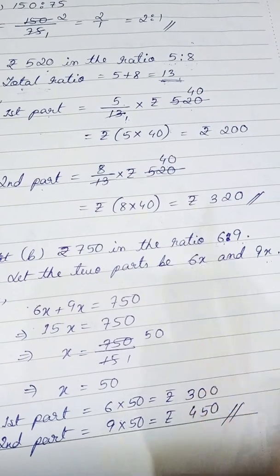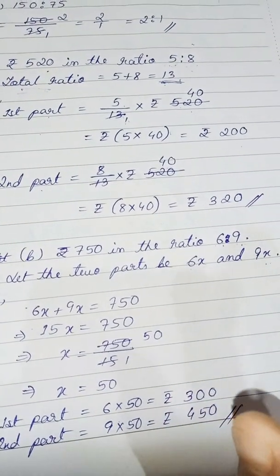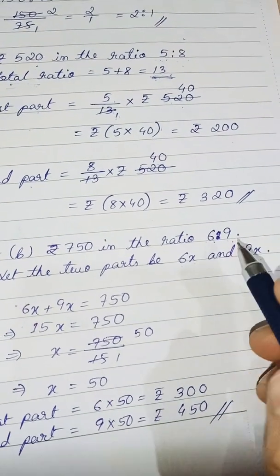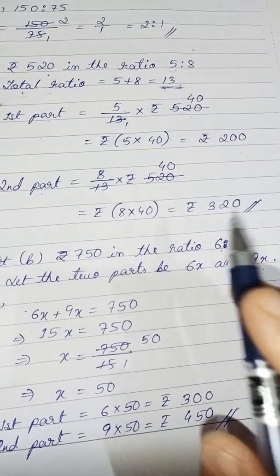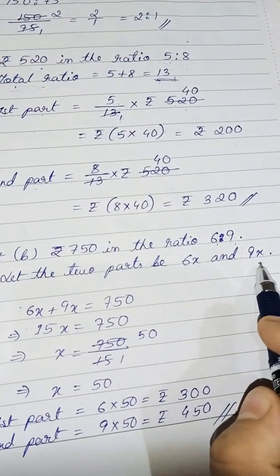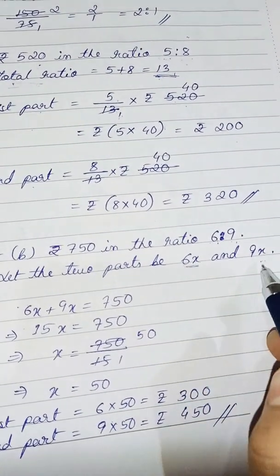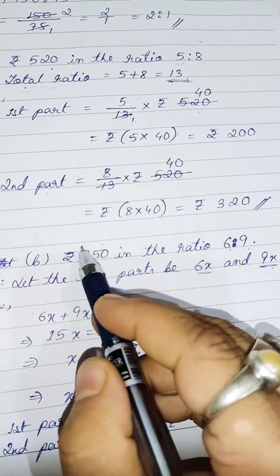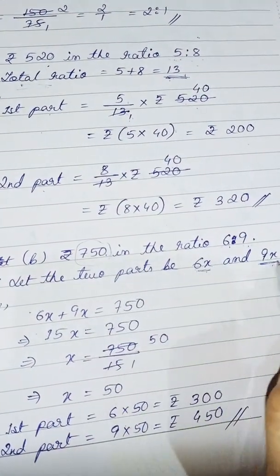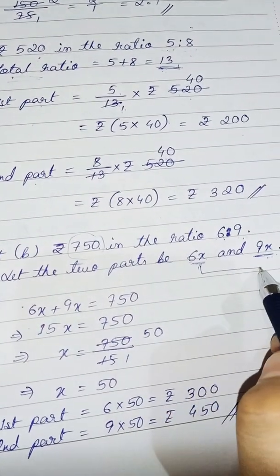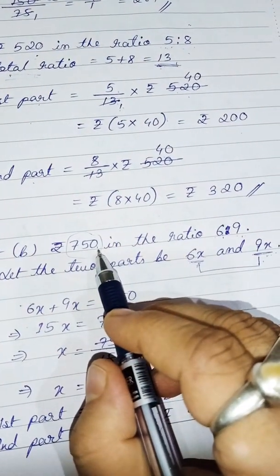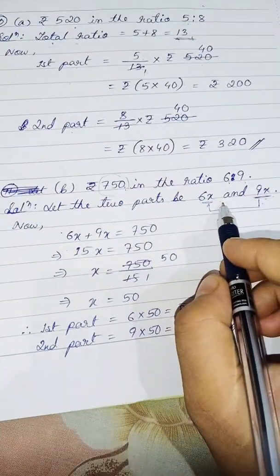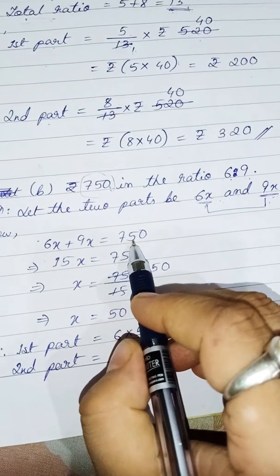So I have considered that something will get multiplied with 6, that will be the total share of the first part, and something will get multiplied with 9, that will be the total share of the second part. That something I have considered to be x. So let the two parts be 6x and 9x. This is the total share of the first part, this is the total share of the second part. From where will this total share come? From 750, when 750 is divided into these two parts. That means if I take the total of these two, that will give you 750, because these are the parts of this rupees only. So now 6x plus 9x gives you 750.